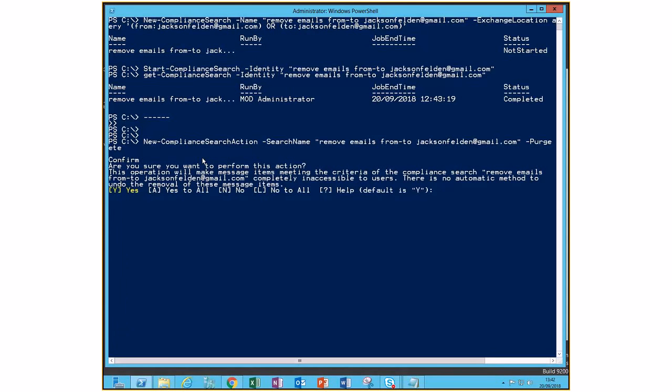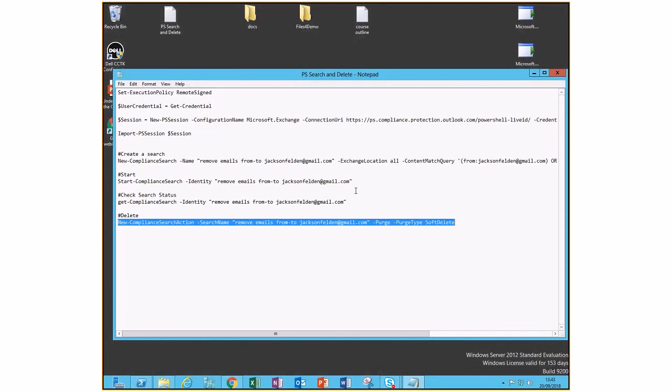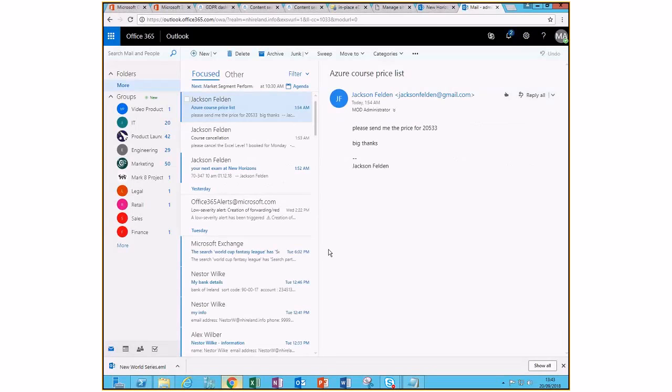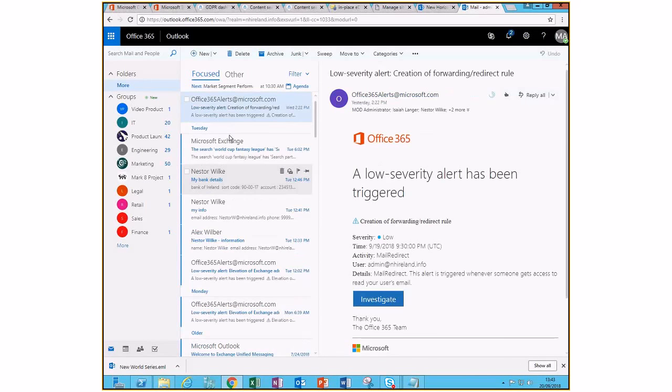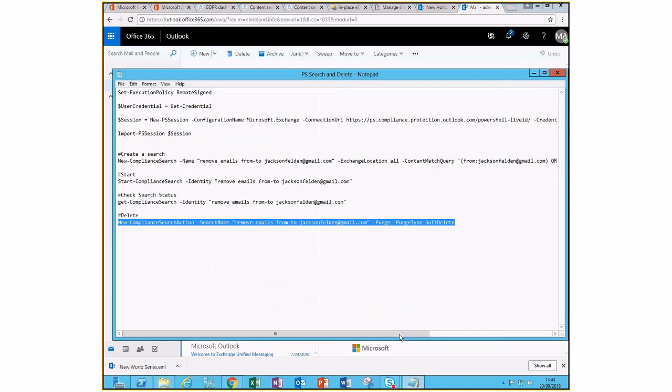Are you sure you want to get rid of everything? Yes. Again, if you have a huge database, it might take a while. Now if I go back to my emails, you can see all the 3 or 4 emails from Jackson are all gone. Guys, simple like that. And if you look at my PowerShell command, I'm just looking for